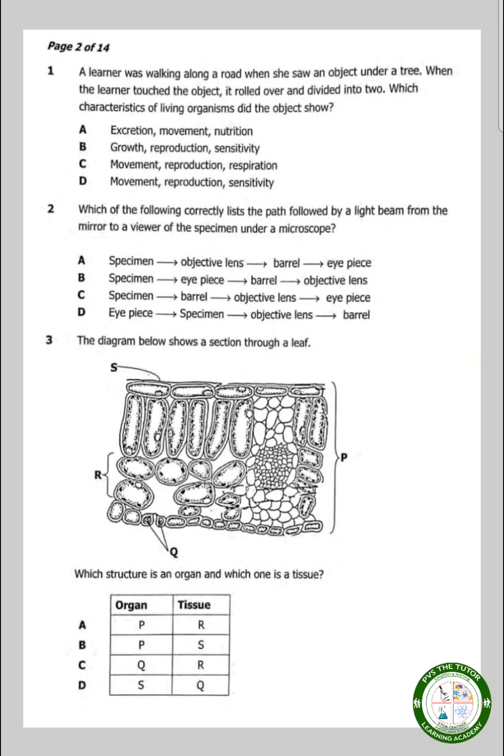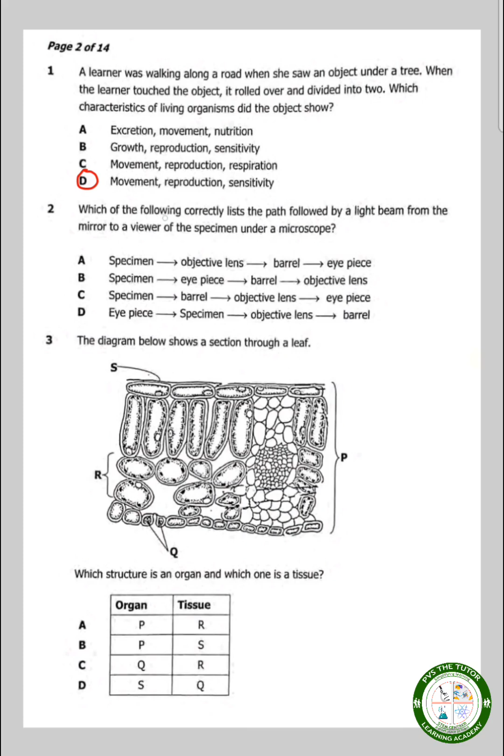So it showed movement, reproduction, and sensitivity. So where there's reproduction, movement, and sensitivity, that is our answer, which is answer what? Answer D. Question 2. Which of the following correctly lists the path followed by a light beam from the mirror